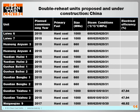In China, from 2012 to 2020, 400 gigawatts of new coal power is planned. There is interest in double reheat technology for the following two reasons. Firstly, China has serious problems with air pollution. The Chinese government has enforced much lower emission standards for coal-fired power plants, and double reheat units can reduce such emissions. Secondly, with relatively high coal prices coupled with relatively low labour costs, double reheat ultrasupercritical units are seen as